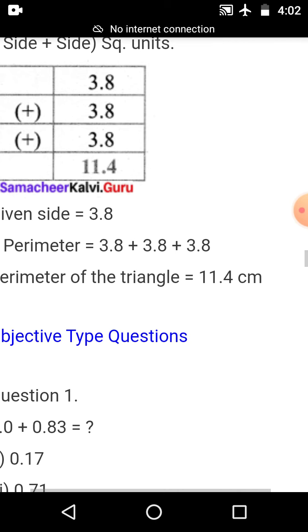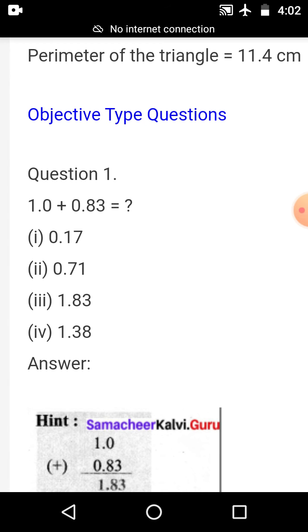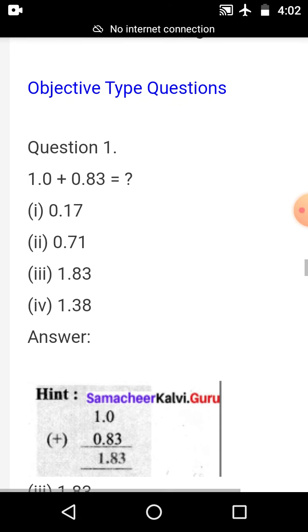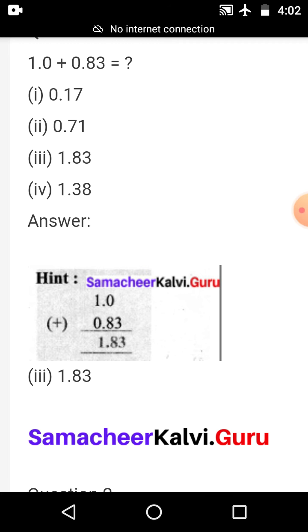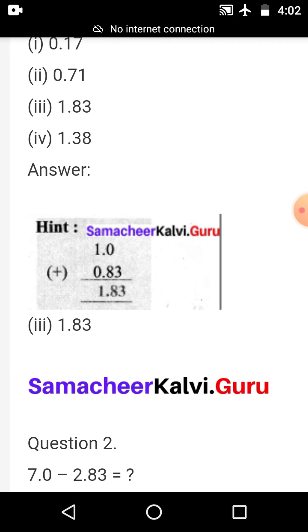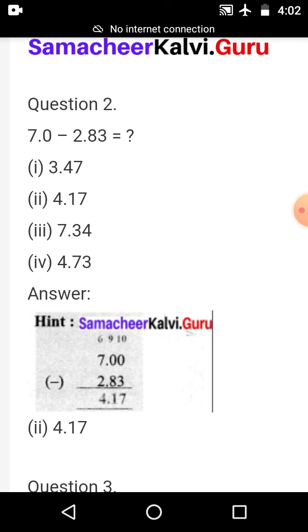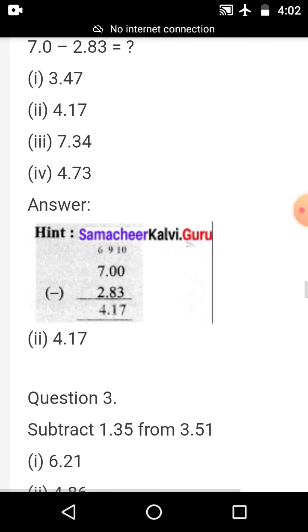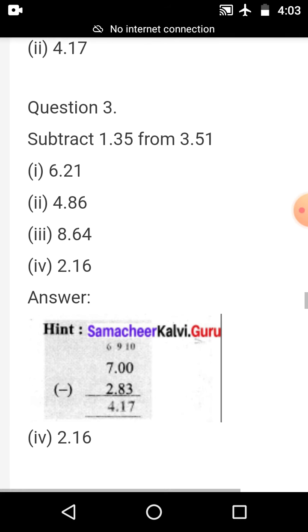Okay ma, see the objective type questions. Question 1, 1.0 plus 0.83. The answer is 1.83. See the second sum, 7.0 minus 2.83. See the answer is 4.17. Question, subtract 1.35 from 3.51. The answer is